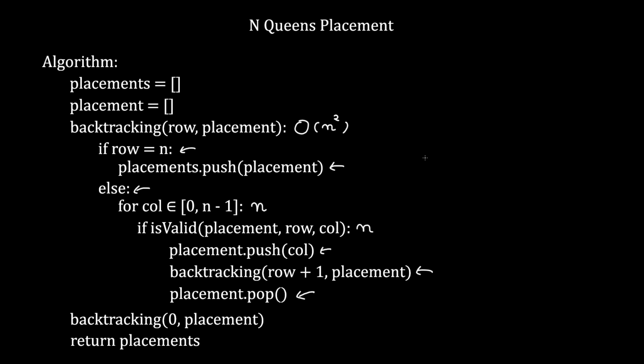Each solution is a permutation of the numbers 0, 1, 2, up to n minus 1. So the number of solutions will be less than or equal to the number of permutations of those n elements, which we know is n factorial. So n factorial crossed n, because we need n different function calls to get each solution,